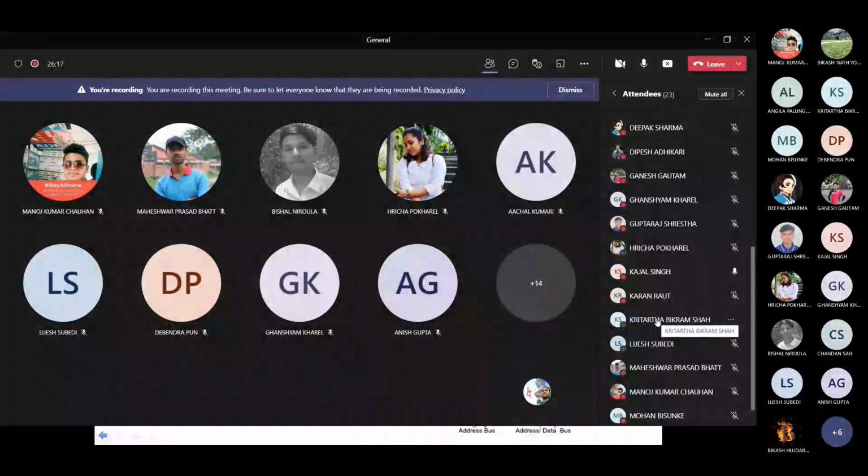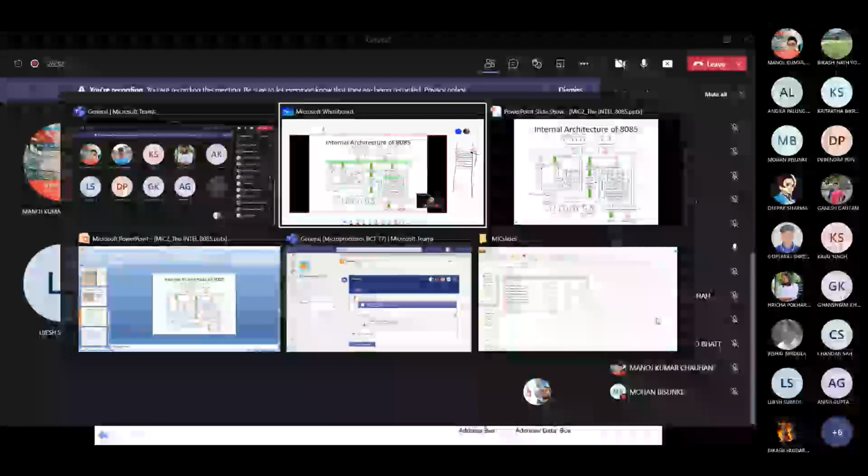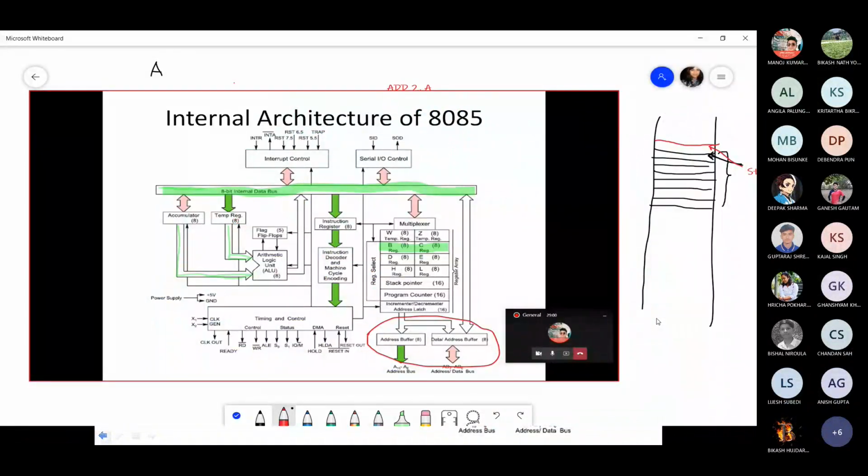Okay. Any idea what is a buffer? Buffer contains data that is stored for a short amount of time. Yes, buffer contains data that is stored for a certain amount of time. This is only half true. Buffer is basically